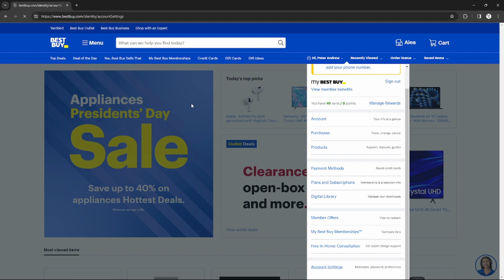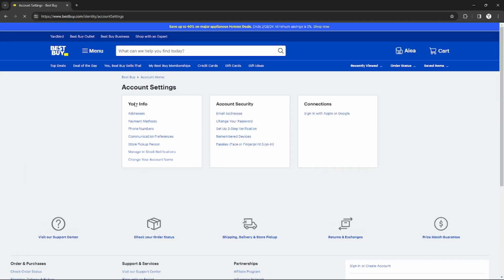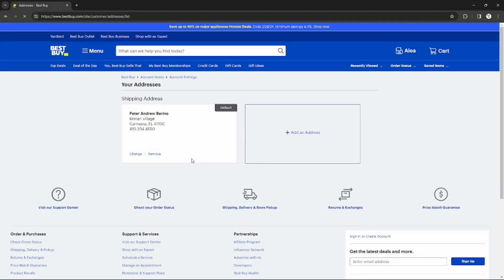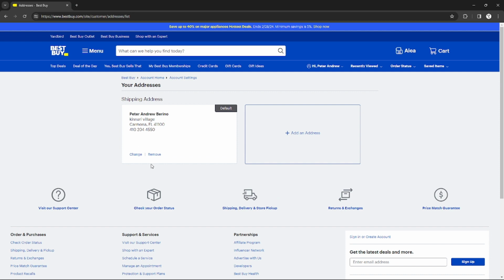So after that, you will be redirected to this page where you can see your info, and under your info, just click address and you will see your existing address that you added previously. And yeah, that's it. So this is my previous address,